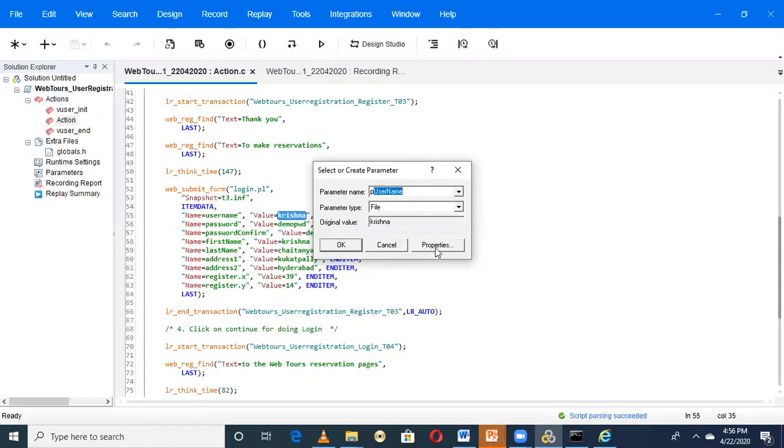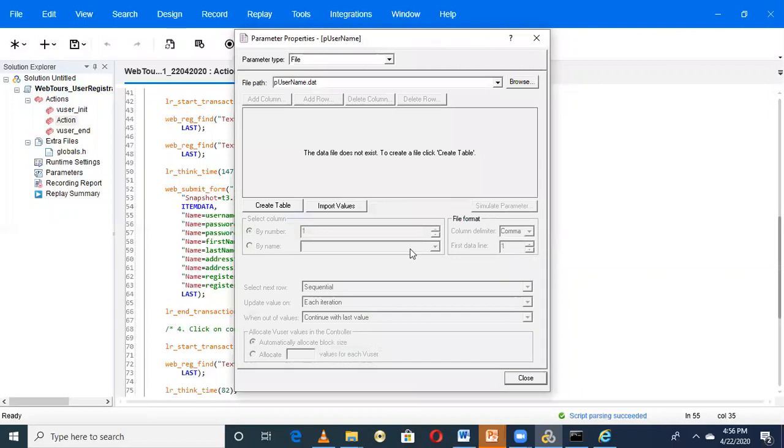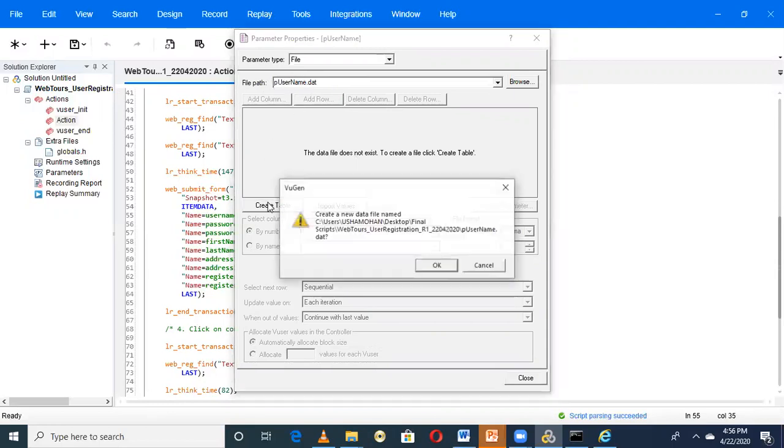Let's go to the properties. If you see here, it is asking for a file path, p username dot dat. We don't have any dat file, and dat is nothing but a data file. So we are going to create that.